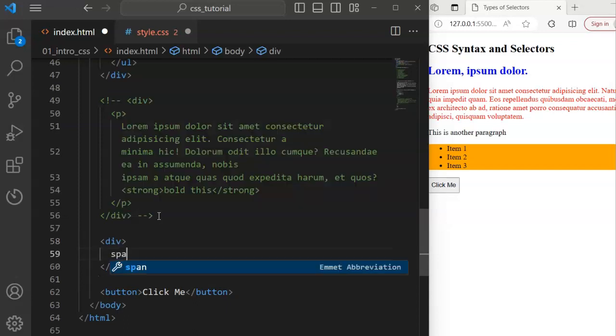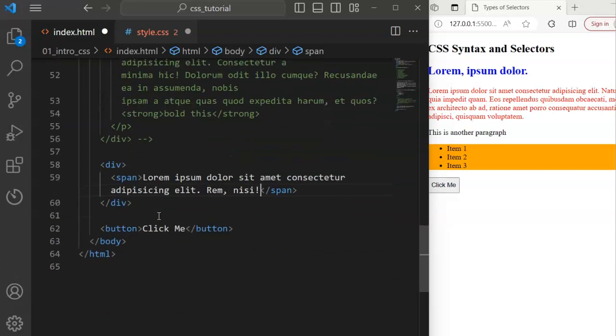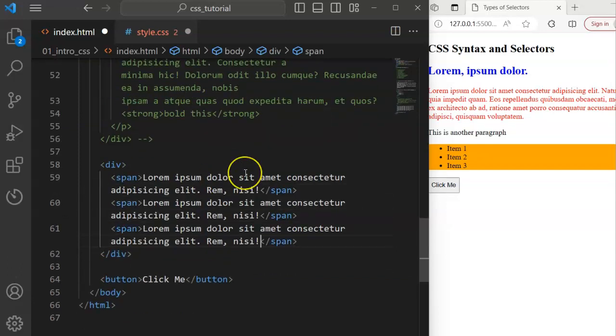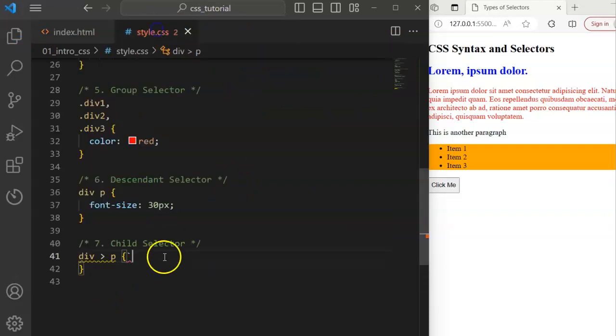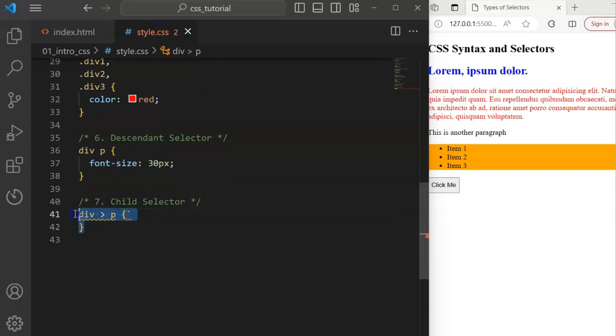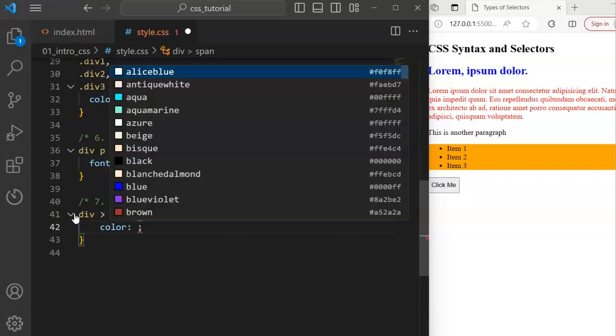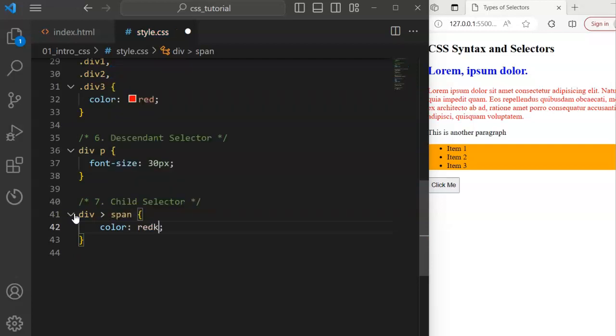Instead of the div having a child of paragraph, it is going to have a child of span, and I'm going to have a lorem 10, and I just duplicate this. Now if I save, I'm going to be selecting the child of that div, and that is going to be the span. And let's say I want to give it a background color. Let me just give it a color of red. If I save,